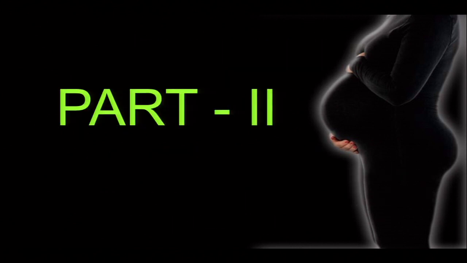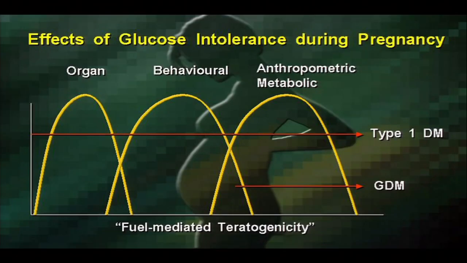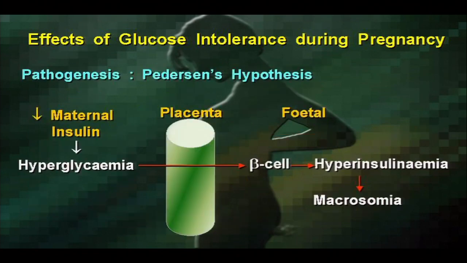What are the implications of this as far as the fetus is concerned? The effect of glucose intolerance during pregnancy is a time-honored slide which everybody knows. There is a fuel-mediated teratogenesis depending upon the occurrence of glucose intolerance during the first, second or third trimester. First trimester itself in type 1 diabetes, and third trimester alone in GDM, you will find changes in organogenesis, behavioral abnormalities or anthropometric and metabolic changes. Next is the pathogenesis, the so-called Pedersen's hypothesis, where with maternal insulin coming down, you have hyperglycemia. This hyperglycemia crosses the placenta and stresses the fetal beta cell to produce hyperinsulinemia,